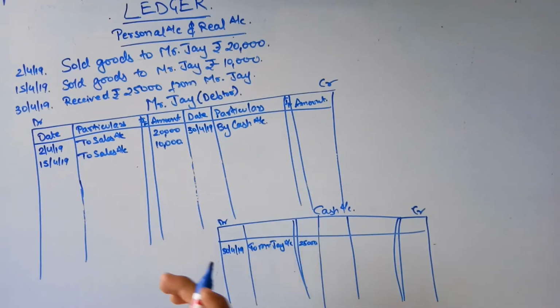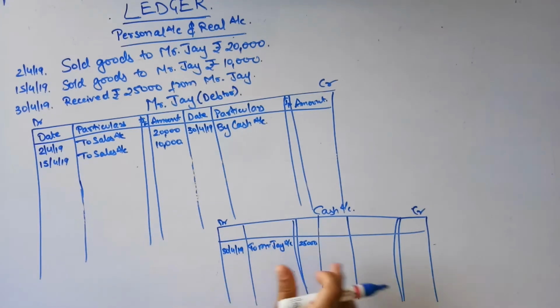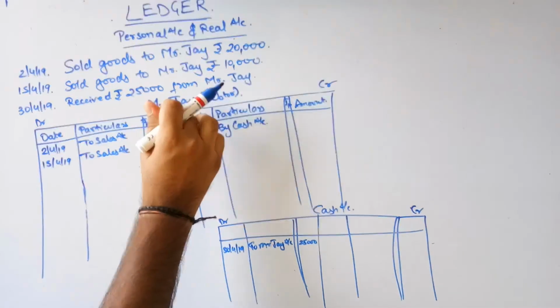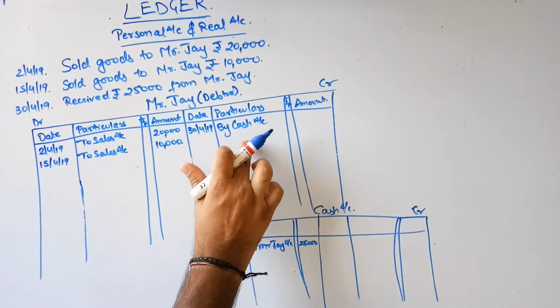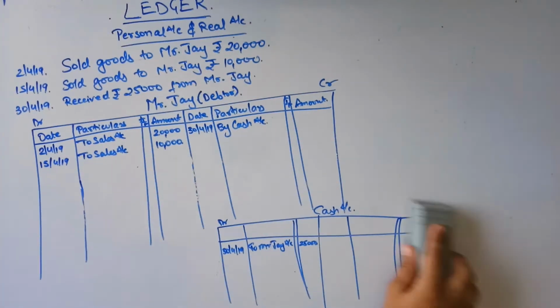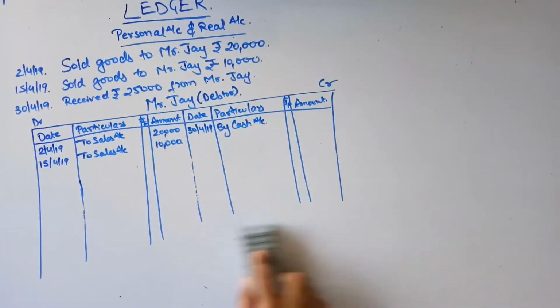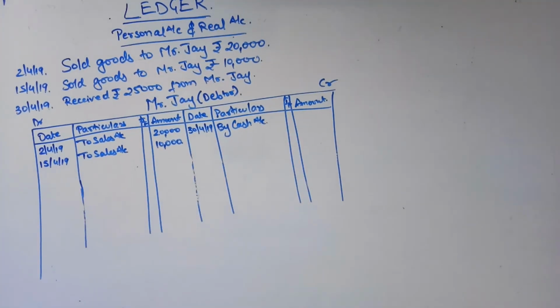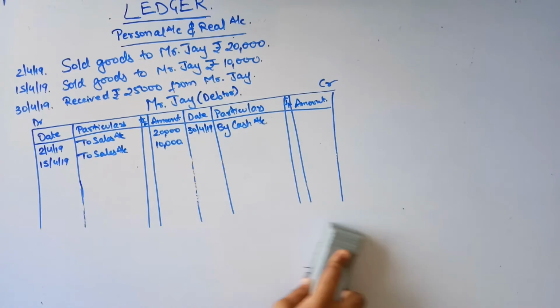This we won't be making here. Okay, one more thing we know that in the particular account, if it is a cash account, can we write cash account on the debit side or the credit side? No. Same way over here in Jay's account, can we write by Jay's account? No. We have to write by cash account. Okay, so here it will come by cash account. So this I'm just erasing. This was just for knowledge purpose. Now next one, let's go ahead here.